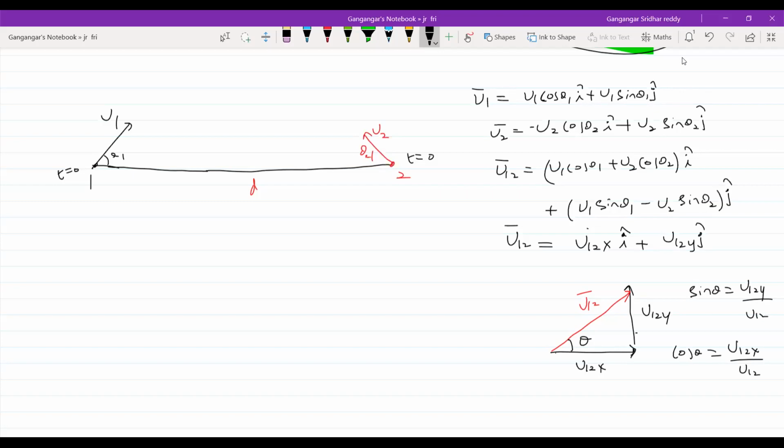In what direction is u12 bar directed? So what can be this angle theta? Will it be greater than theta 1, less than theta 1? How to decide that? I think it all depends on the value, no? So definitely u12 bar. So I'll take the vector diagram. We wanted u12 bar, no? So this is u1 bar and this one is u2 bar. Minus u2 bar will come like this. Shift that u2 bar like this.